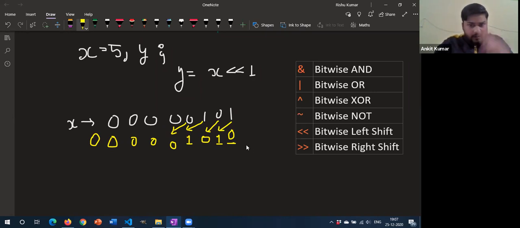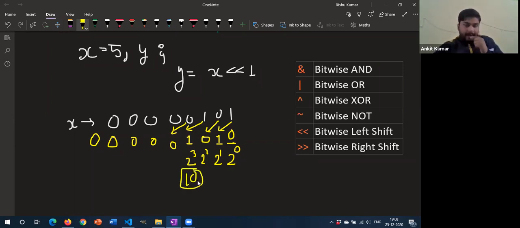Okay, that is clear. So now just calculate what is the number. This is all about left shift. We just need to calculate the number. So it is 2 power 0, it is 2 power 1. In the last session, I already told how to convert binary to decimal, so I'm directly doing it. So it is 2 power 2 and 2 power 3. So it is 8 plus 2, which will get you 10. So your answer is 10.